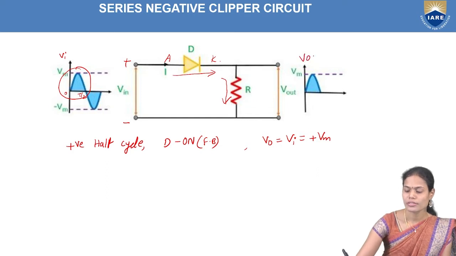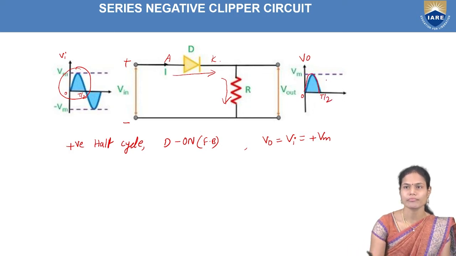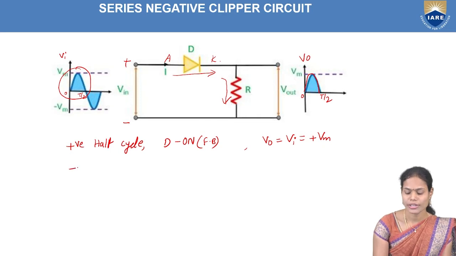You can see on the output waveform from 0 to T by 2 we are getting the output as plus Vm. And similarly, if I apply the negative half cycle of my input voltage at this time,